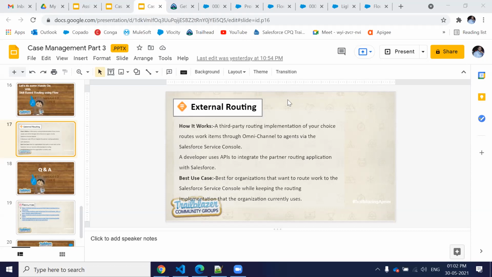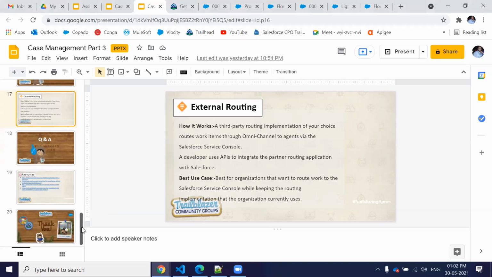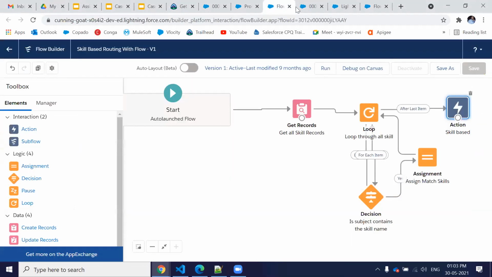Any other questions, if anybody has any questions? Kishan, in the last assignment, I am able to create the Omni channel. I'm able to set up the routing, but when I create a case, I can hear the voice which comes when I activate my routing, but I do not see the case in there. You do not see the case inside the omni-channel widget, correct? Why does it not show that case?